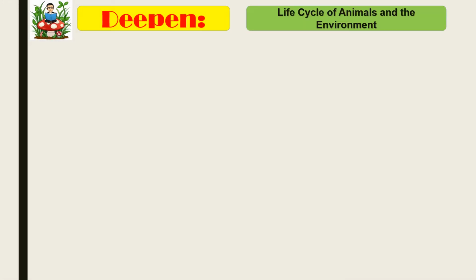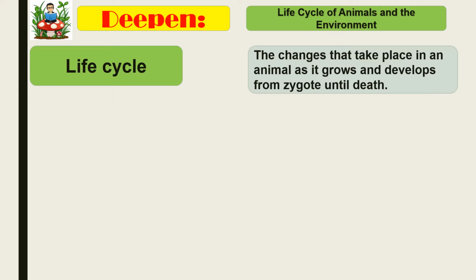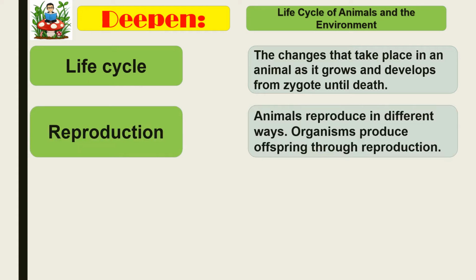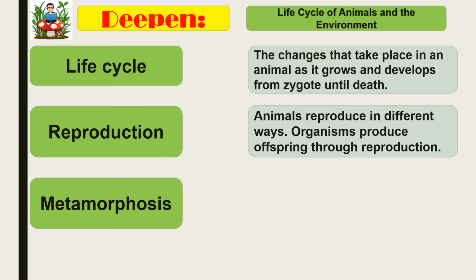So our lesson is life cycle. So what is life cycle? The changes that take place in an animal as it grows and develops from zygote until death. Reproduction. Animals reproduce in different ways. Organisms produce offspring through reproduction. Metamorphosis. The change in form and structure